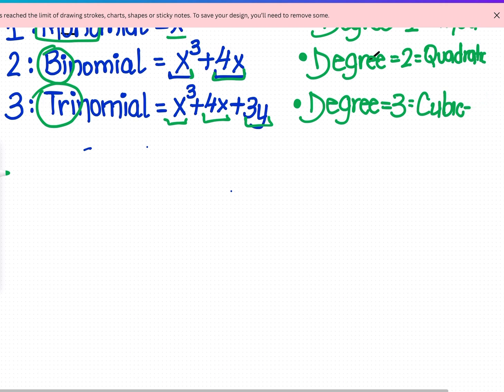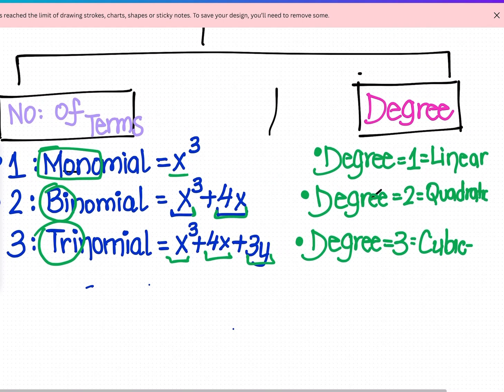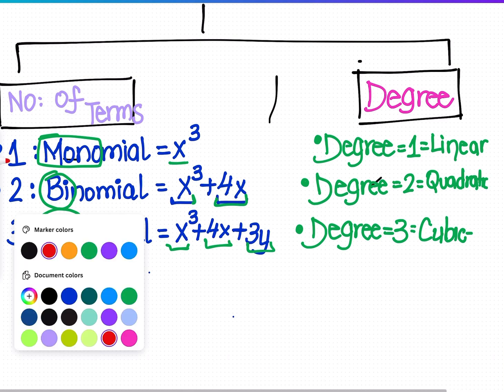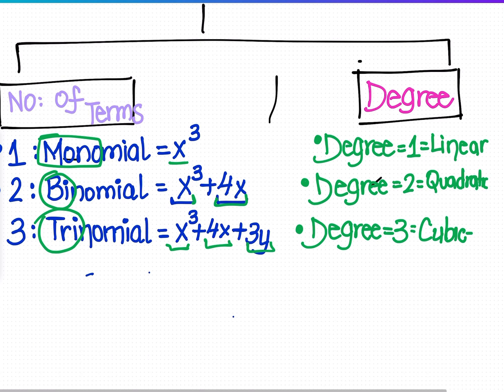All right. So now, remember, let's just look at our details here a little bit: you need to understand the number of terms and the degree. They can give you a polynomial question and ask you to give the name to the polynomial in relation to the number of terms and the degree as well. We'll take a look at what those types of questions look like in our next screen. So let us take a look at our question that we will see, which is going to be